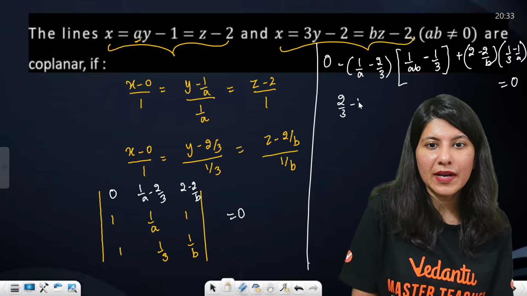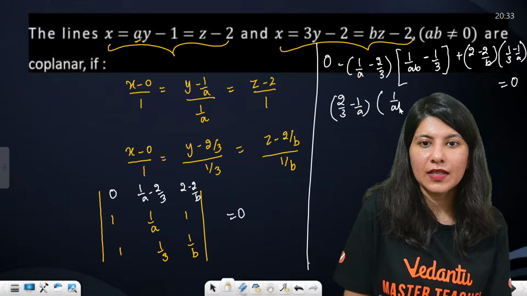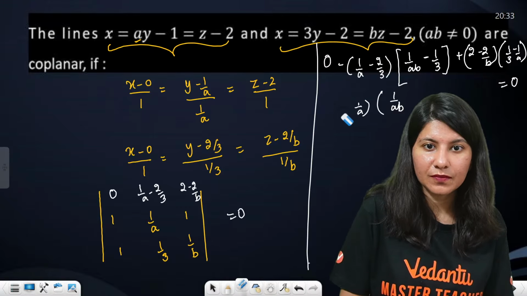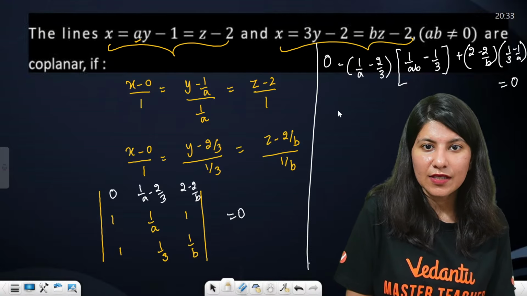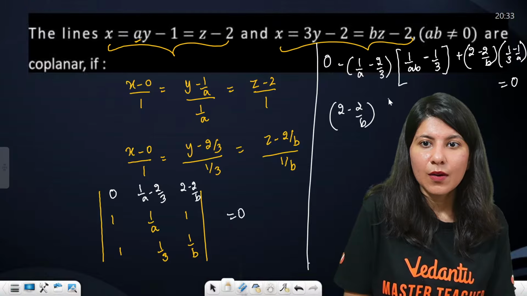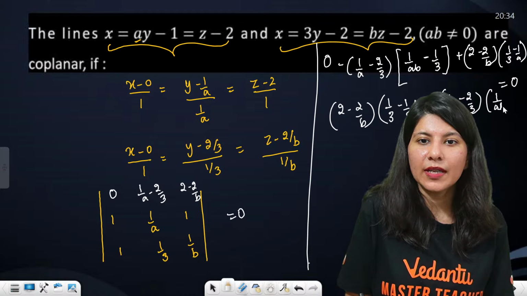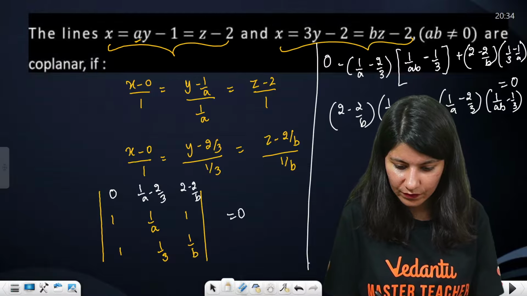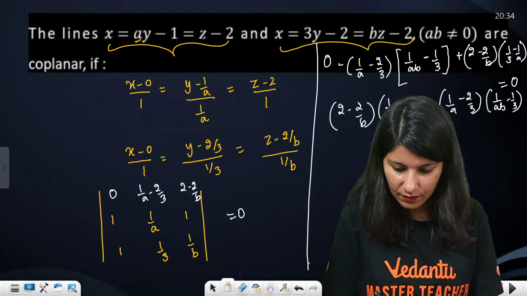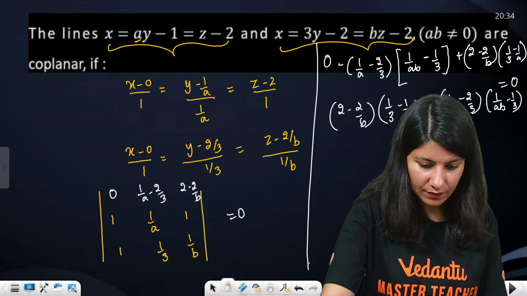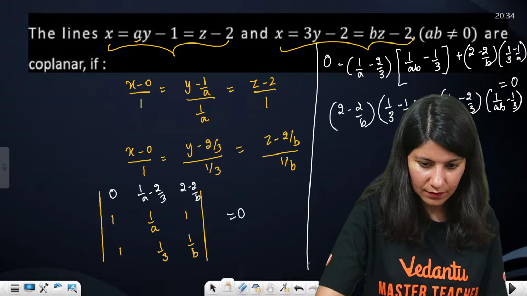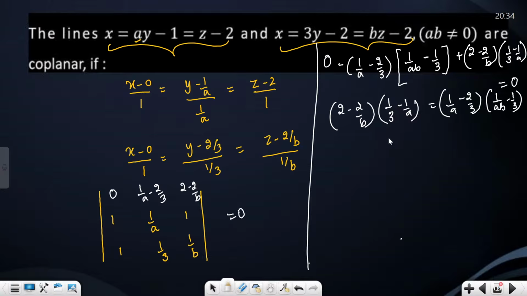So you just have to solve this and find the condition. So this is 2 by 3 minus 1 by a, and this is 1 by ab, or you can just do one thing. Let us shift this towards the right hand side. So this is 2 minus 2 by b, 1 by 3 minus 1 by a is equal to 1 by a minus 2 by 3 and 1 upon ab minus 1 by 3. Alright. Now just multiply and find the condition. Okay. So this is 2 by 3 minus 2 by a minus 2 by 3b plus 2 by ab is